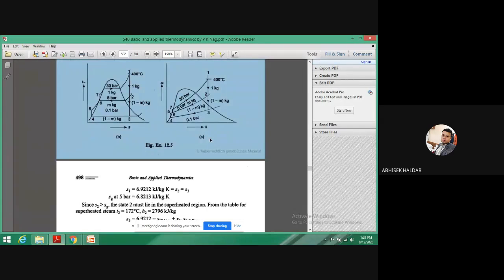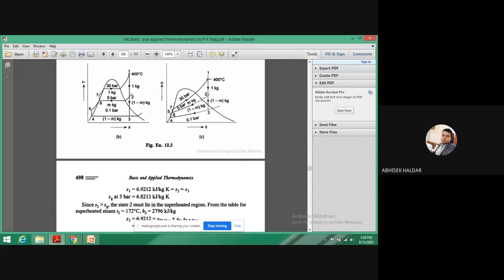So the entropy written over here, s1, is equal to s2, which is equal to s3, because it is a straight line. So s2 and s3 will have the same entropy. Now sg at 5 bar means this pressure, this one. This is the pressure at which I am taking out m kg of steam. So at this 5 bar, this is the sg. Sg means which point? Can you tell me? Here it is written sg.